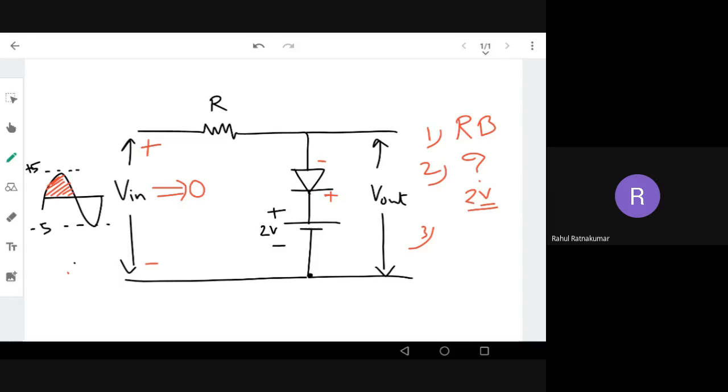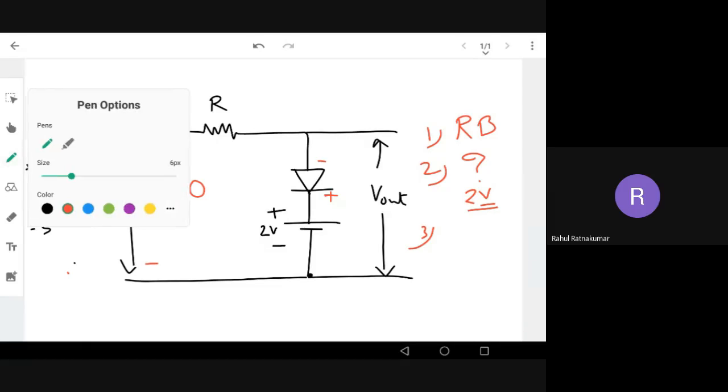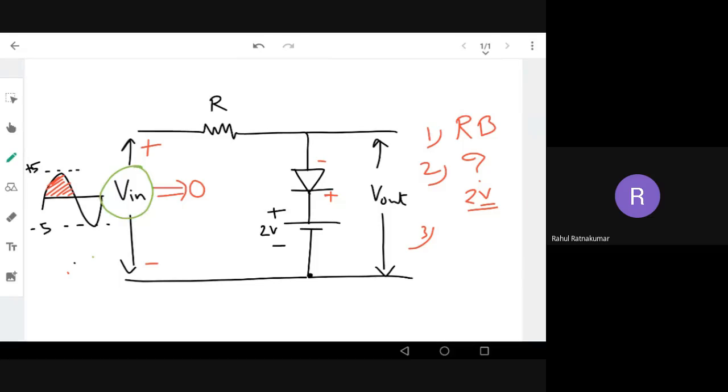Now we'll come to the input. Whatever input we give which is less than 2 volt, the diode will remain in cutoff, because the diode needs some voltage. If this voltage is more than 2 volt, then the diode is on. If this voltage is 2 volt or less, the diode is off. So the question can be divided into two parts: the first condition is when V in is greater than 2 volt, and the second condition is when V in is